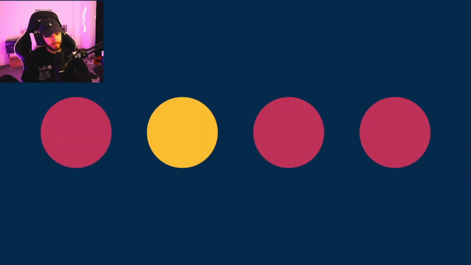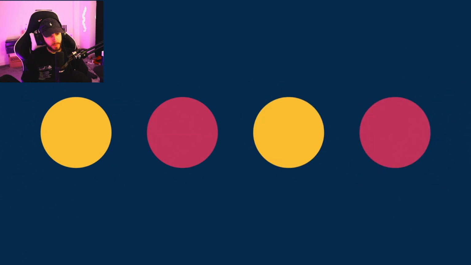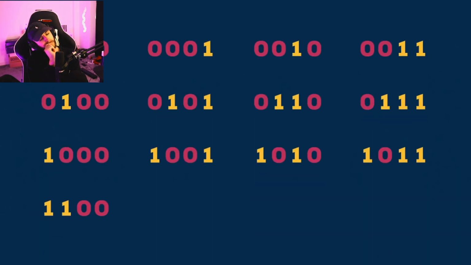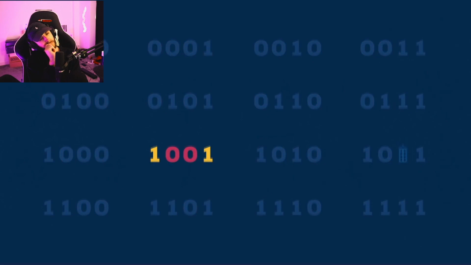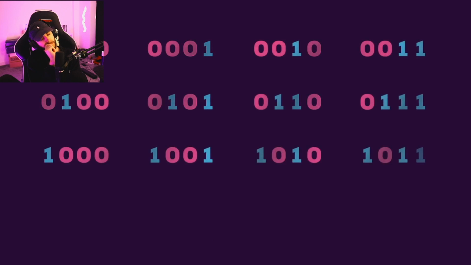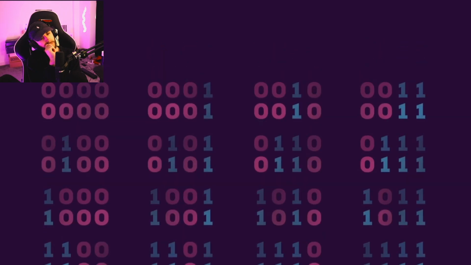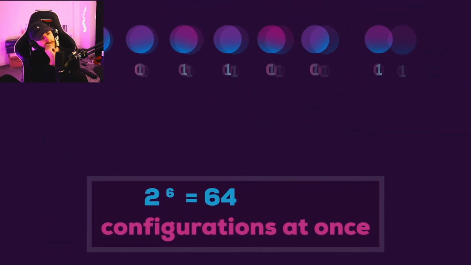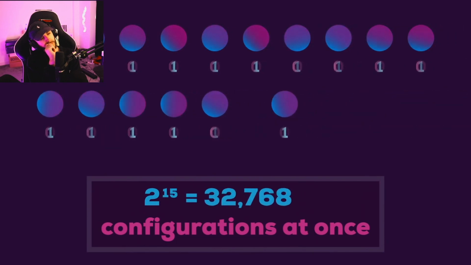4 classical bits can be in one of 2 to the power of 4 different configurations at a time. That's 16 possible combinations, out of which you can use just one. 4 qubits in superposition, however, can be in all of those 16 combinations at once. This number grows exponentially with each extra qubit. 20 of them can already store